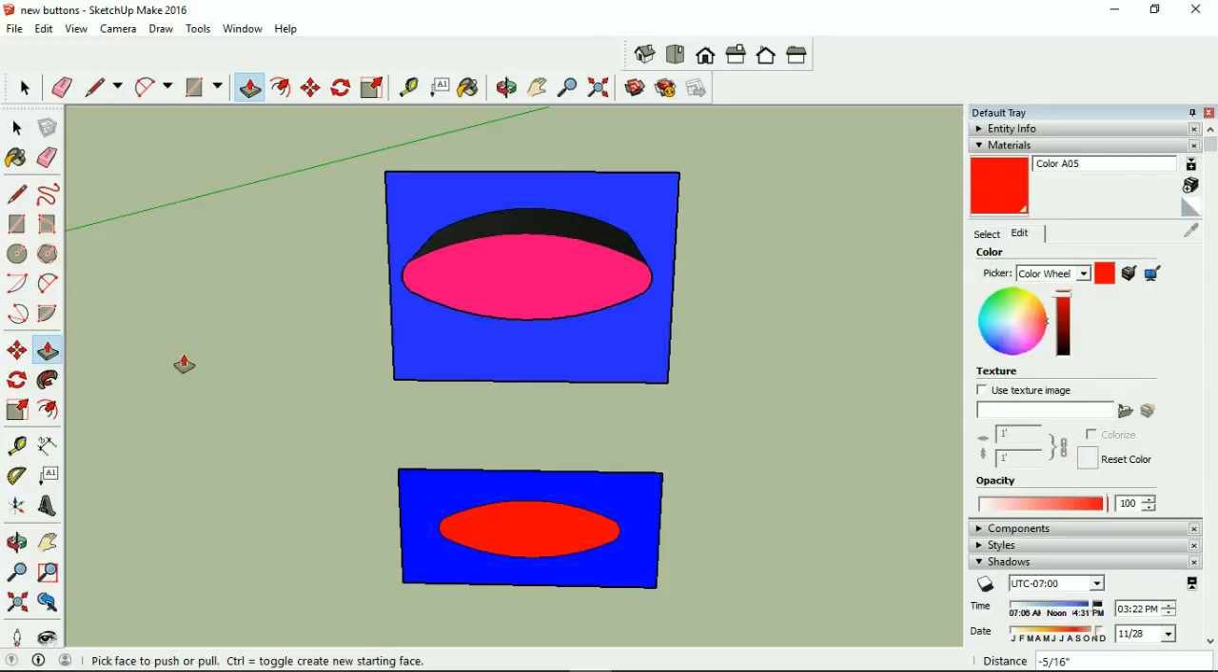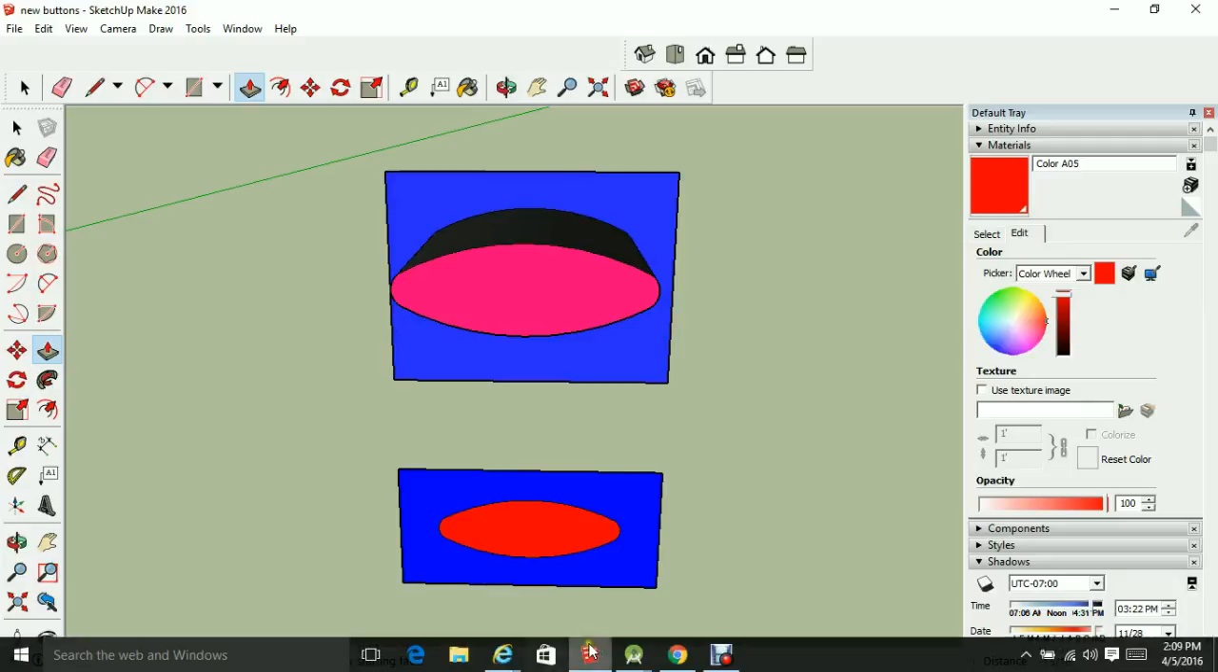At the end of the last video, we had exported and saved our buttons. In the meantime, I have made a couple of small adjustments. I changed the color of these buttons, and I pulled this one out with the push-pull tool to 1.5 inches from 1 inch to make it a little more pronounced. So now we have our button saved,